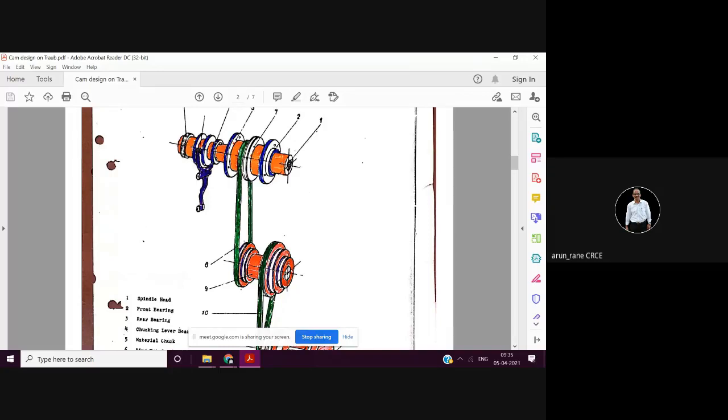Now, what you are seeing is nothing but your clutching and declutching. Suppose you want to do a manual operation, then this is a fork. If you move this fork in these two directions, it will disengage the workpiece. Then you have to pull the bar. And then again you move this fork to the right hand side, so it will clamp. This is for the manual, and you do manual operation when you are doing settings, the initial setting of the workpiece.